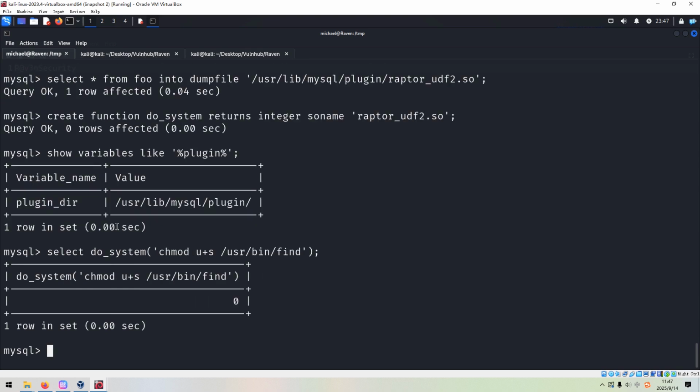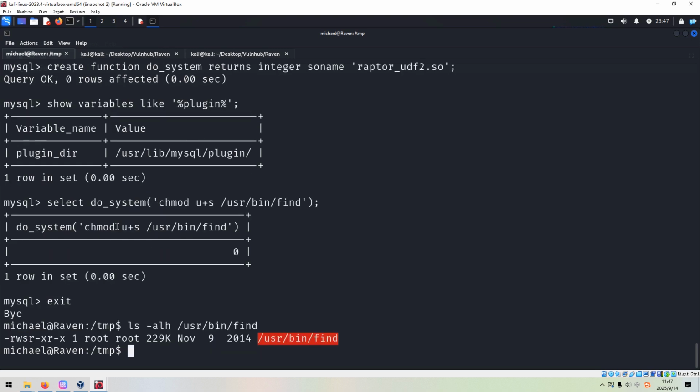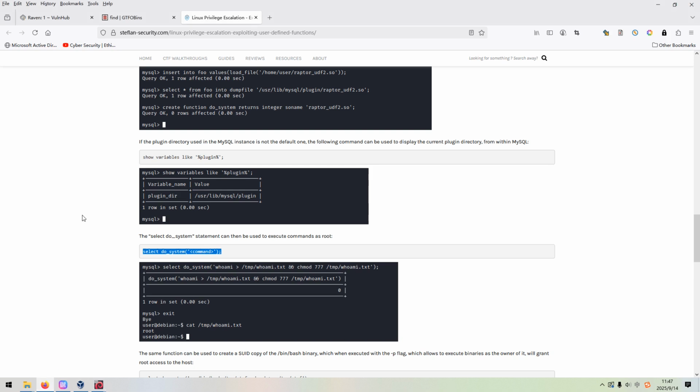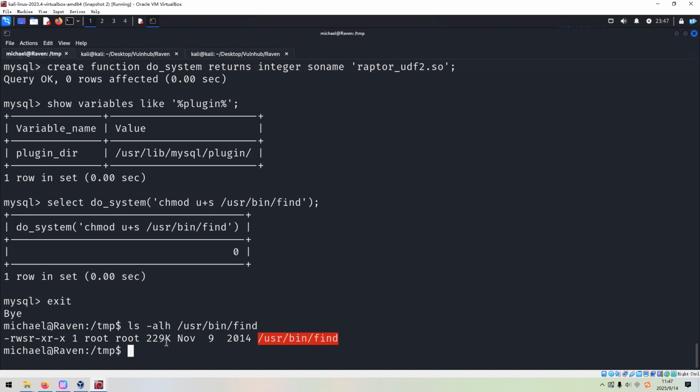Okay, so now we can exit from the MySQL database. We can check whether our operation has been successful. Find. Yes, indeed. This find command now has the SUID bit. So next we can go to GTFOBins, and to copy the command to elevate privilege, we can copy this part, and we can run